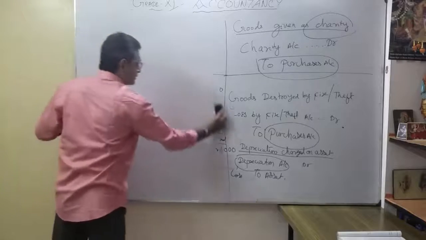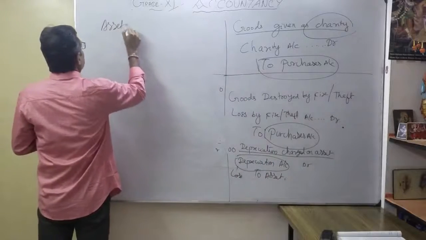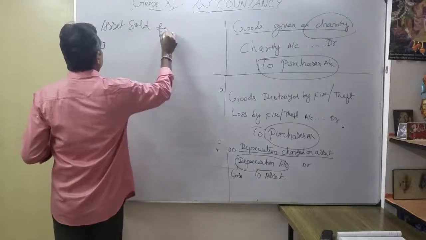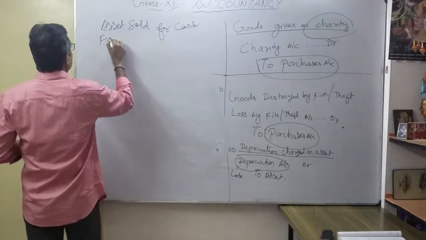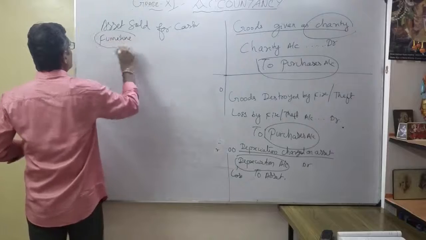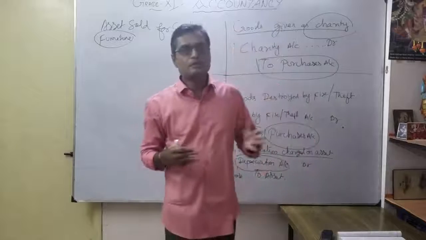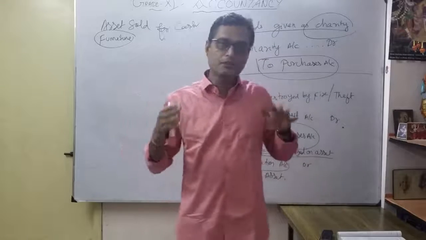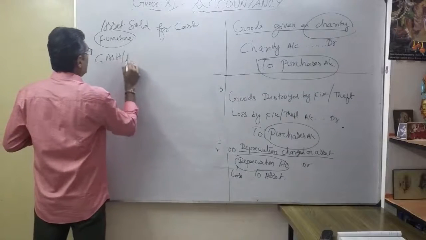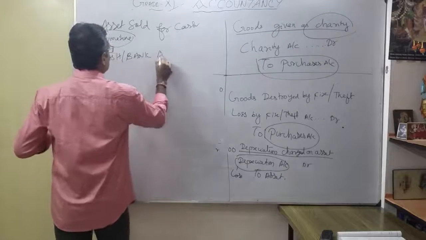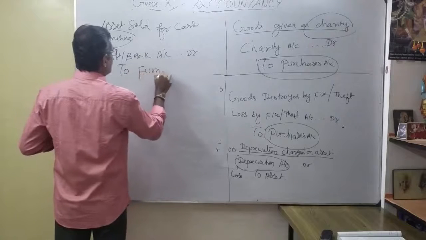See here, the asset is sold. So asset sold for cash. Your asset here, maybe we say furniture. What is the entry? Asset comes under real account. So as you know, debit what comes in, credit what goes out. So when you are selling the asset, what will happen? You got money. So you can say cash or bank account debit to furniture account. Okay, to furniture account.